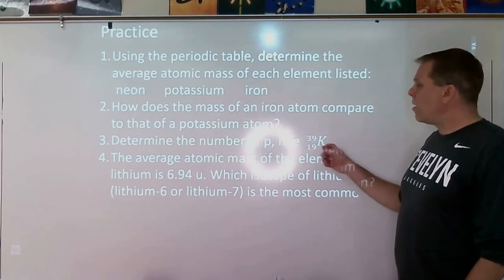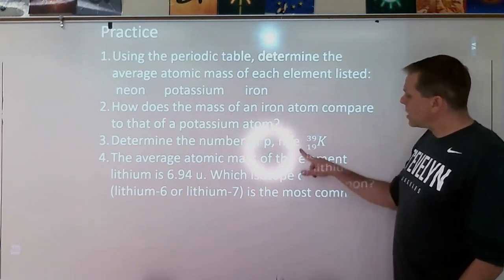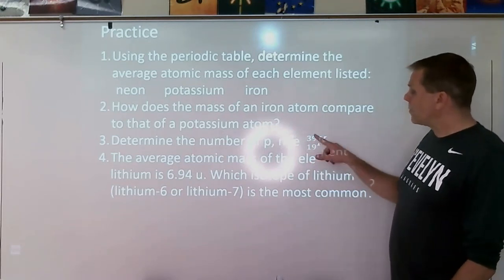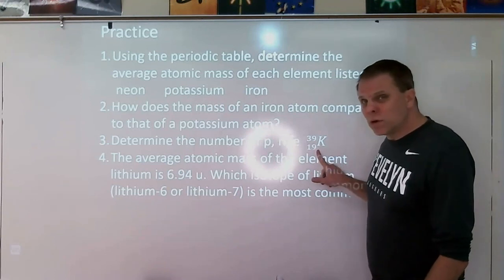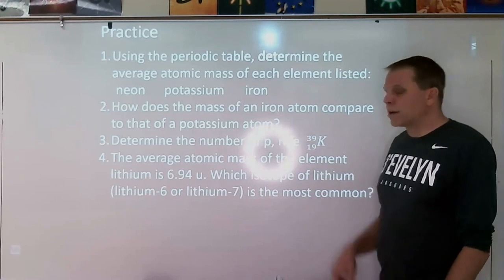What's the number of protons, neutrons, and electrons in potassium-39? Well, there's 19 protons. That's what that Z number is, right? Its A is 39. That's the number of protons plus neutrons. Therefore, I've got to subtract the 19 to find my number of neutrons. It's got 20 neutrons. And, of course, its number of electrons is the same as the number of protons,